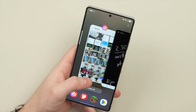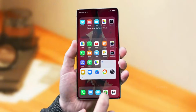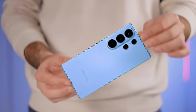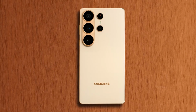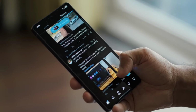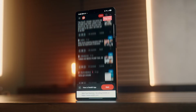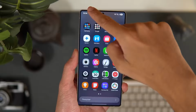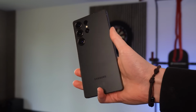So let's kick things off with a part of this story that feels like it came from a sci-fi script. Samsung opting to go dual chip again. At this time, it's not just a fallback strategy, it's a full-blown power move. We know the baseline. Depending on the region, some Galaxy S series phones have used either Snapdragon or Exynos chips. But here's the twist. The next lineup is reportedly doing more than just splitting, it's re-engineering its own silicon and pushing the envelope. Around 30% of the units might reportedly use Samsung's in-house Exynos chip, which already begs the question,